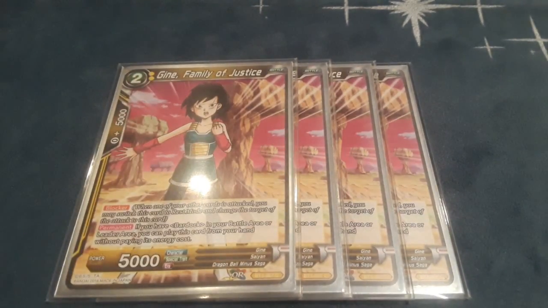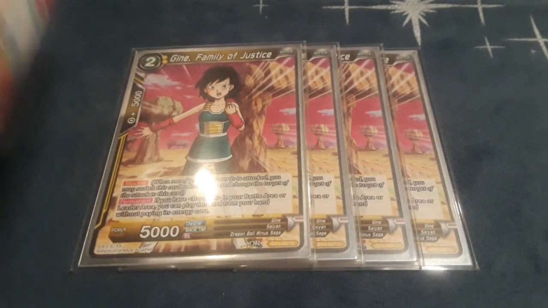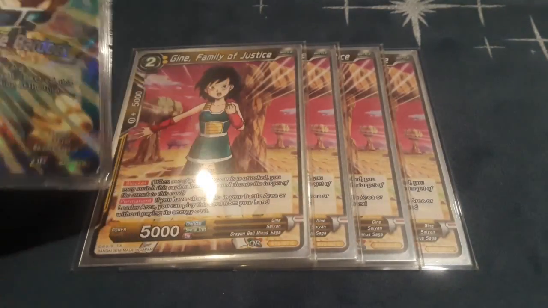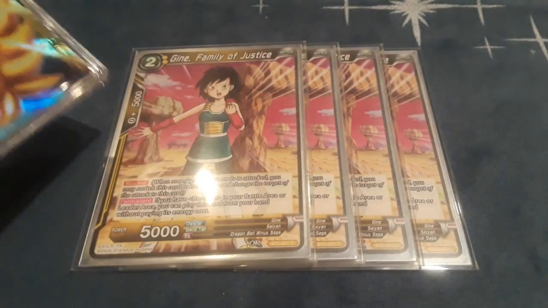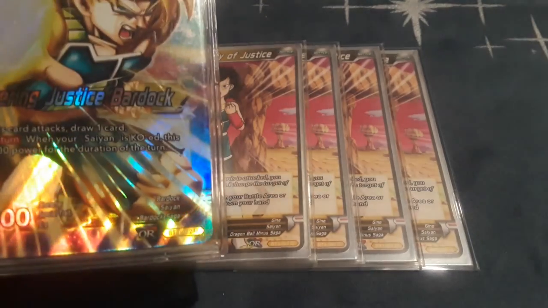Next we have 4 Mama Jeans. Gene Family of Justice. It's a blocker and it's a permanent. If Bardock is in your leader area or your battle area, you can play her for free. So basically, regardless, she will always come out for free. I try not to play them too early, just so they don't get popped very soon, because she's only a 2-drop, so some little cards can't pop her really easily, along with Fasha. So I basically try to do it when I'm